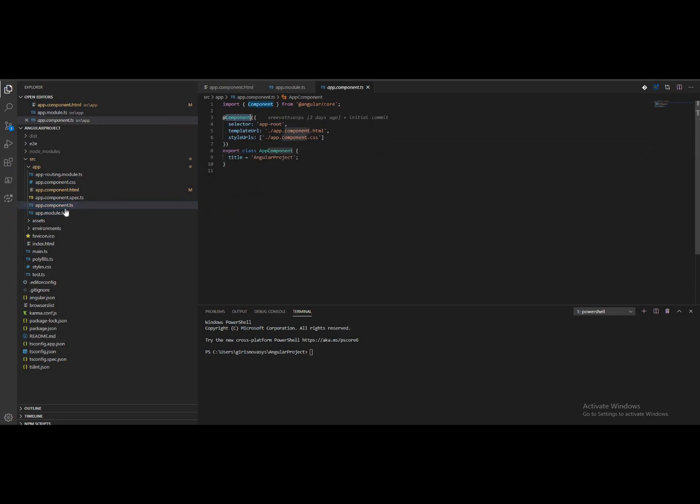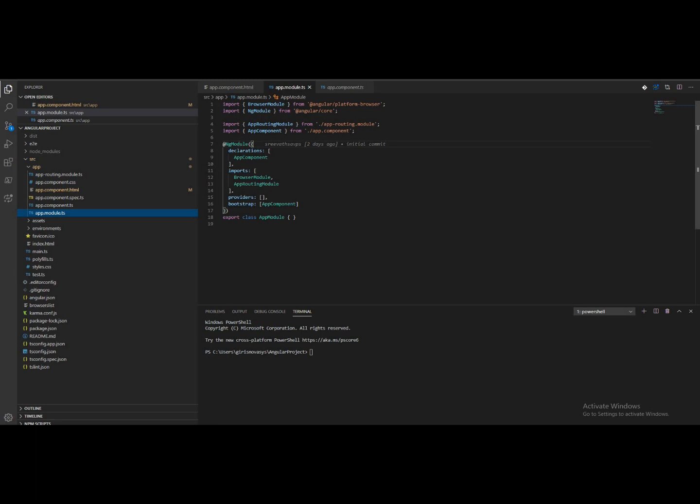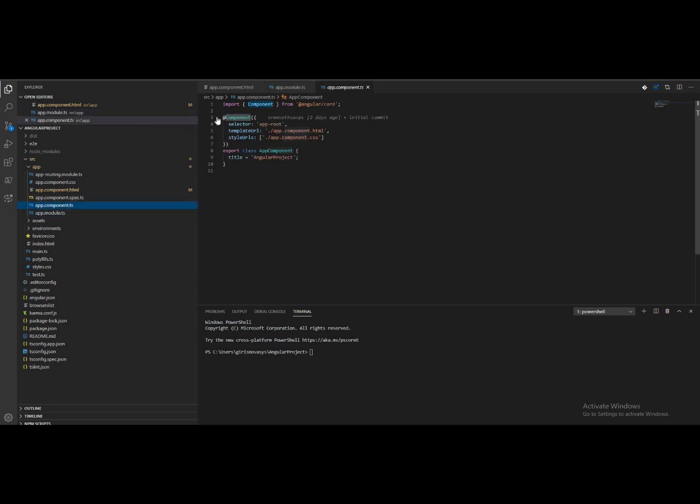Similarly, a class becomes a module when the NgModule decorator is used. A decorator is always prefixed with the @ symbol. The decorator must be positioned immediately before the class definition. We see in app component the decorator is written before the class definition, and the same for the app module too.